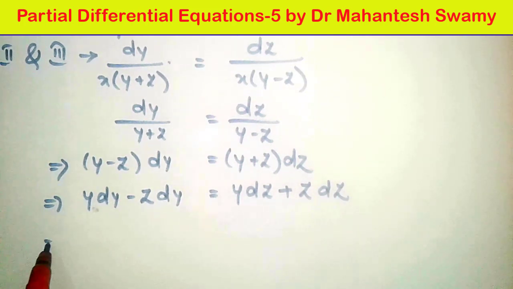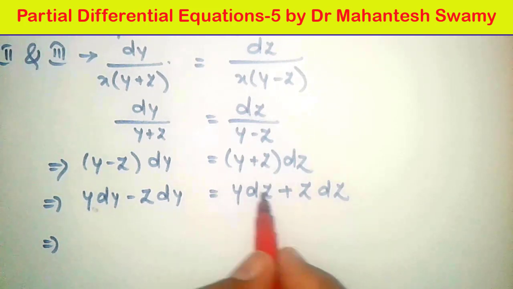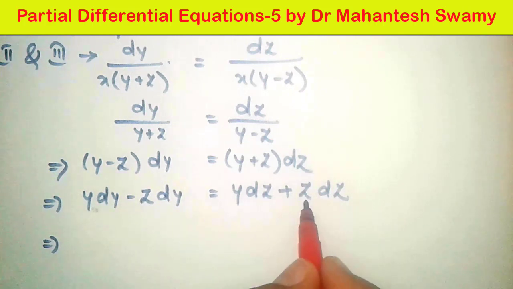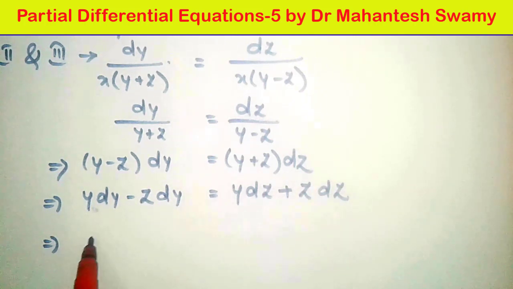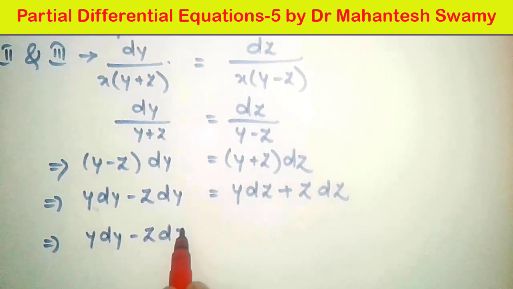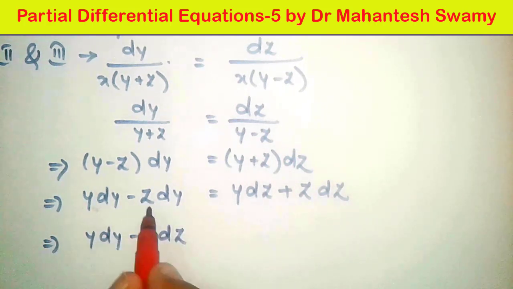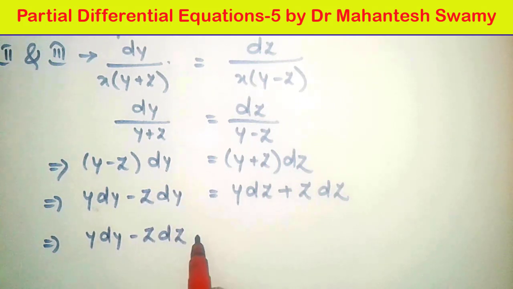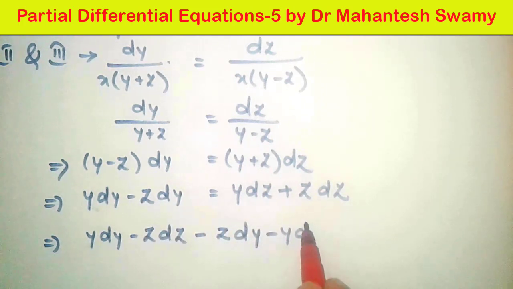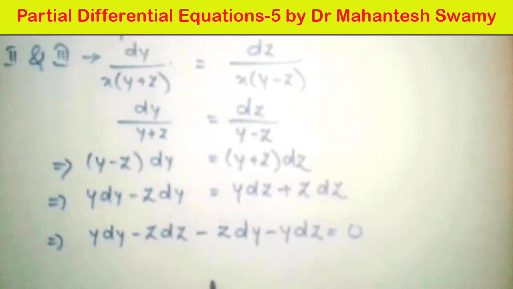Now let us collect all the terms on one side. So let us take these to the left hand side. So it is y dy plus z dz, this becomes minus z dz, y dy minus z dz. Let us keep them in the beginning, and the remaining two terms, that is minus z dy is already there, minus z dy, and this is minus y dz. Let us keep them at the end. On the RHS nothing will be there. So we have arranged the terms in this format.